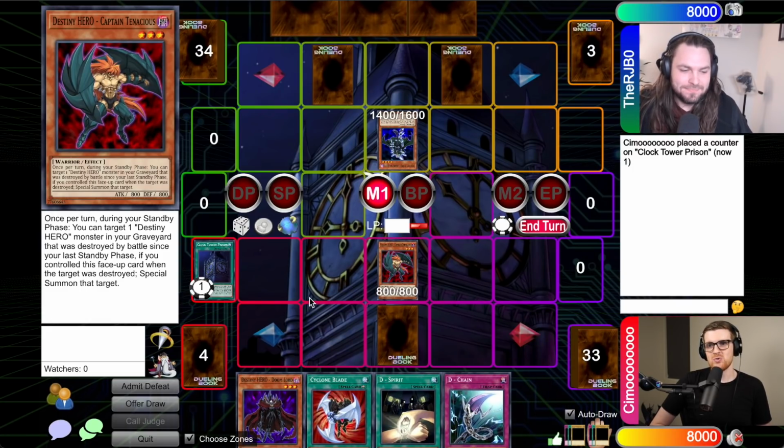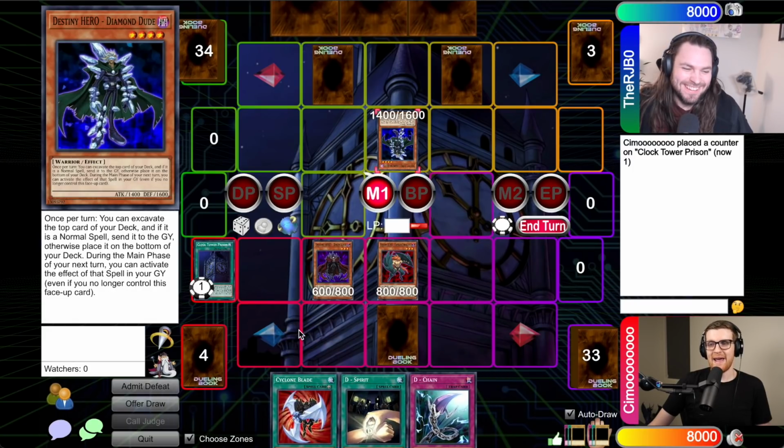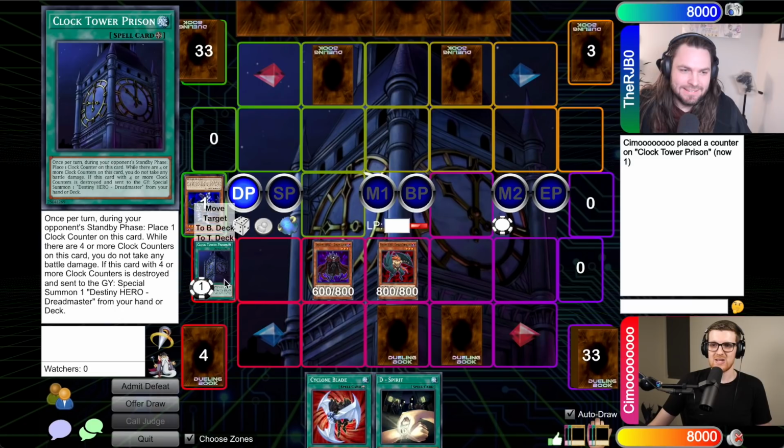I will go to main phase 1 here. Okay. I guess I will run... This is just bad. Okay, I'll run out Doomlord. Oh no! I'm gonna banish your Diamond Dude. It's happening. There he goes. I will set 1, and thanks to Doomlord's great effect, where I can't attack, I will pass the turn. Second counter on Clock Tower. All right. Wow, that's terrible. God, do I just...